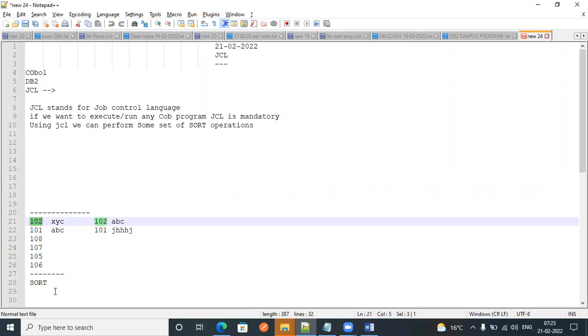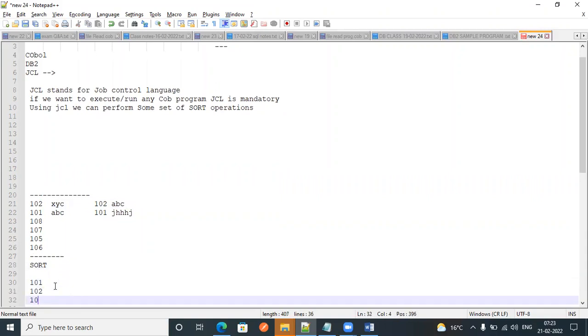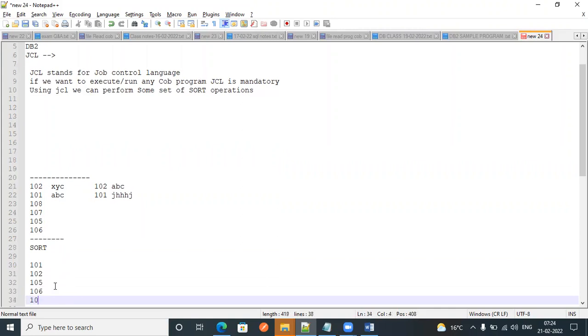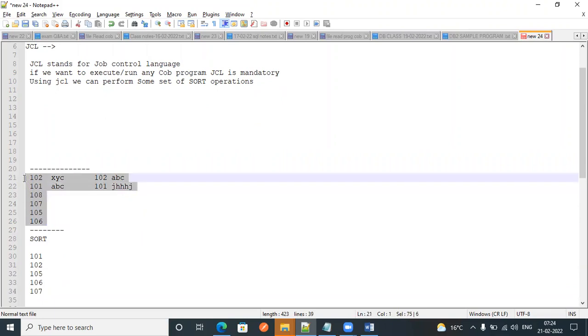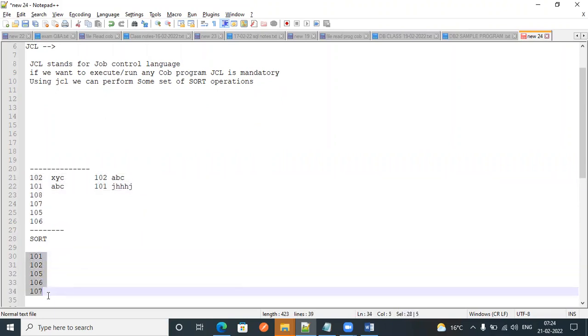After sorting in ascending order, our data should be like this: 101, 102, 105, 106, 107. Our input data will be like this, but we need the output to be like this. So that is called sort operations.